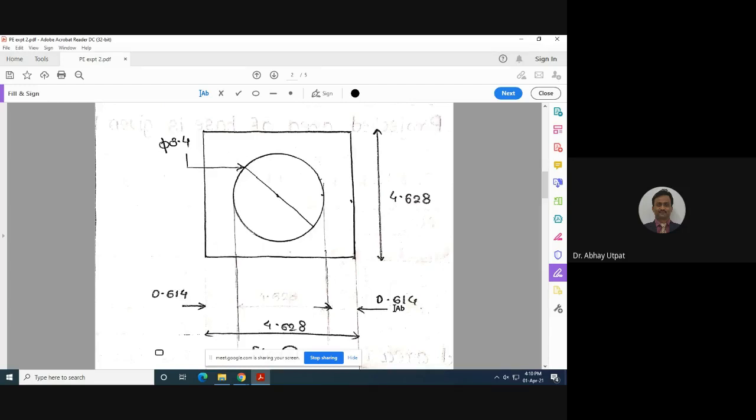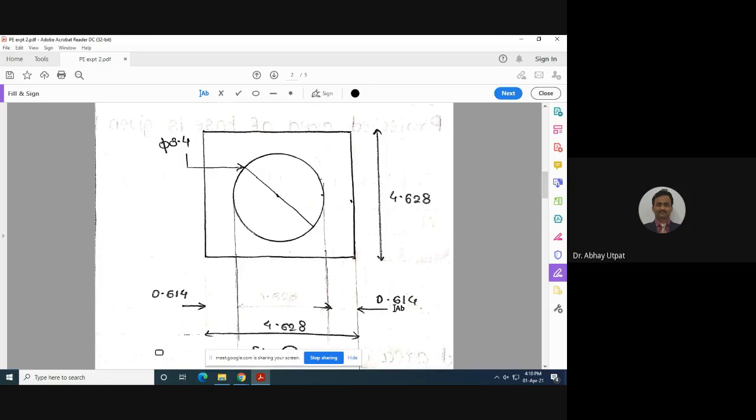Now this 0.614 wall thickness, which you got because you have a limitation. You may say, sir, how did you get this 0.614? Because we have calculated the area. According to area, the size of the plate becomes 4.628 by 4.628. At the center, I have drilled the hole of 3.4 centimeter, which is nothing but the outer diameter of your plastic cap, that is the product, the hole diameter for the cavity. Then what distance remains is 0.614.